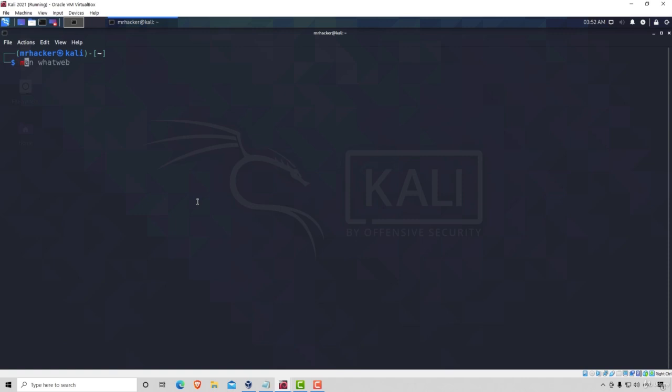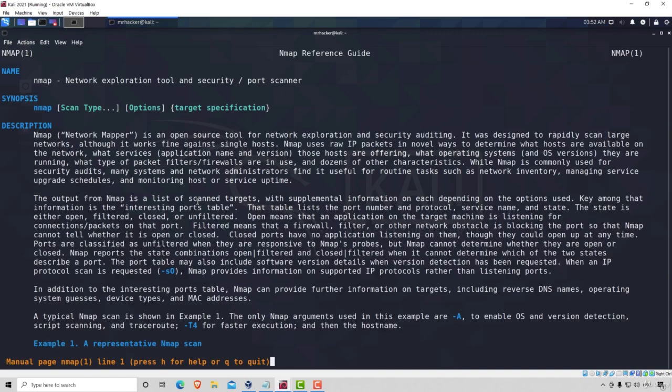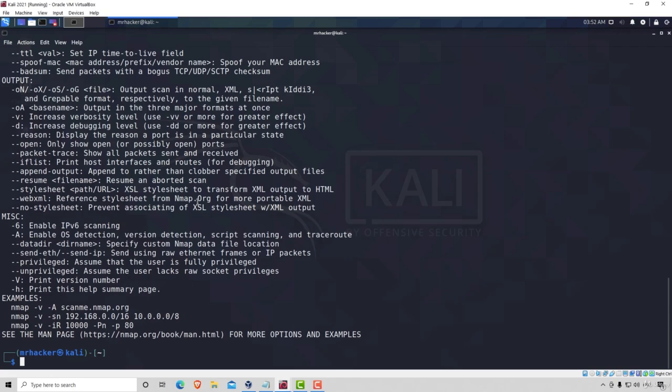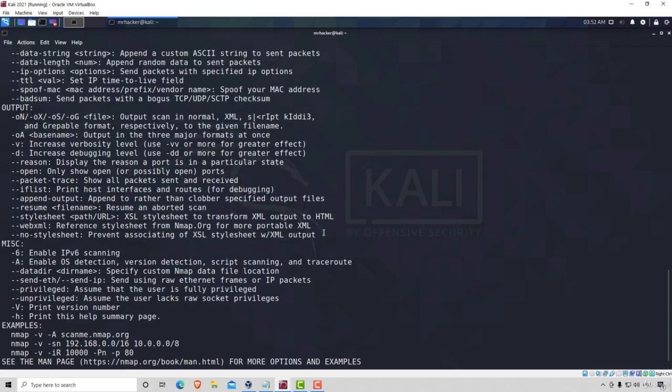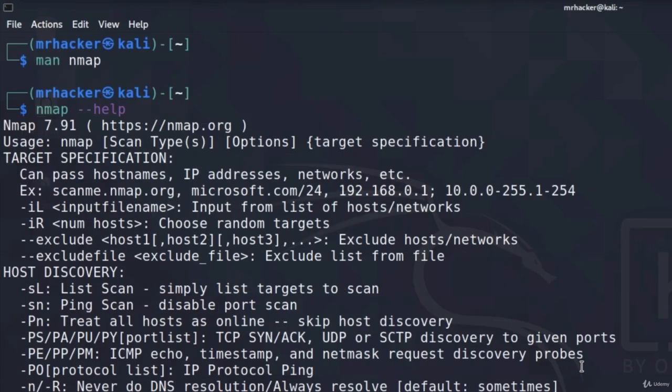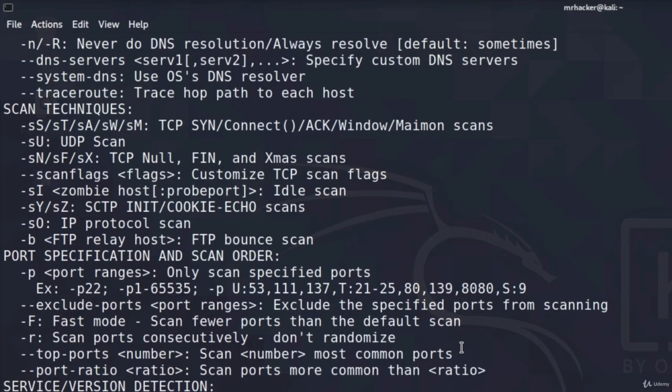We already know how to open the manual. You just type man and then the tool name, and it will open the manual for that tool. However, we are not going to read it right now. We are more interested in running the help menu of Nmap, and this will be a shorter version of what are the possibilities with this tool. As we can see, there are a lot of options that we can run. If you'd like, read through them and see what are the possibilities, but right now we're going to perform the